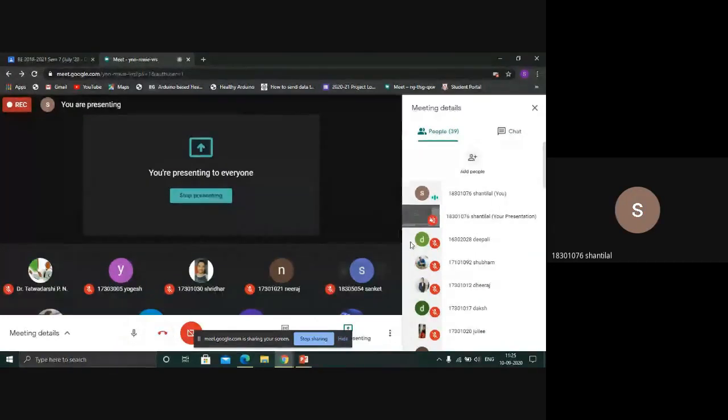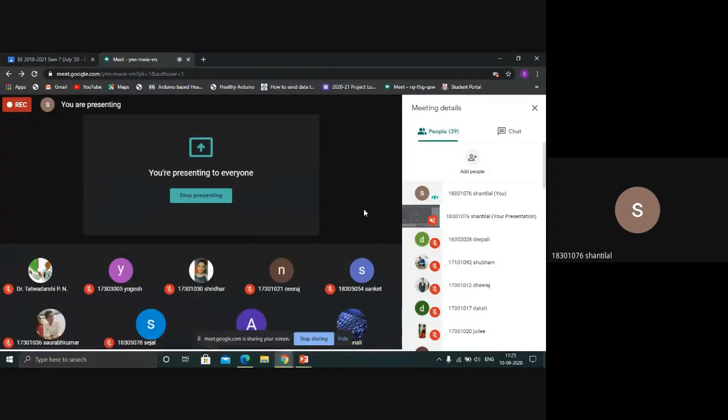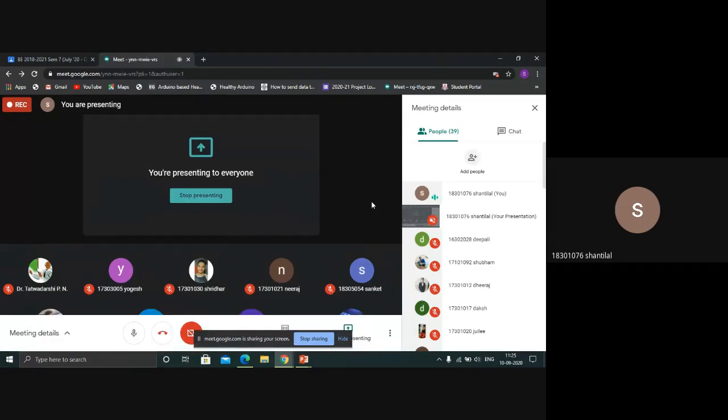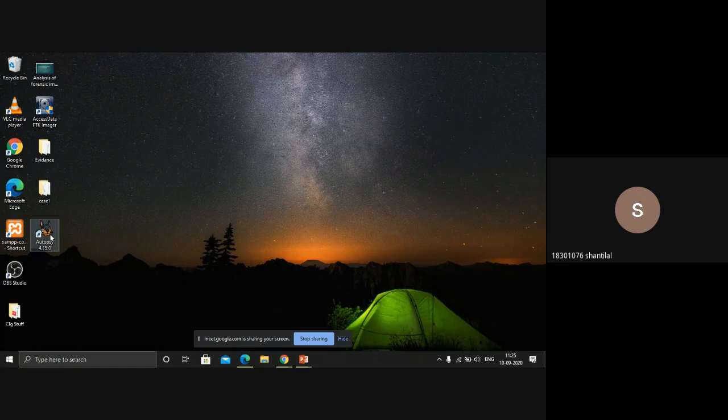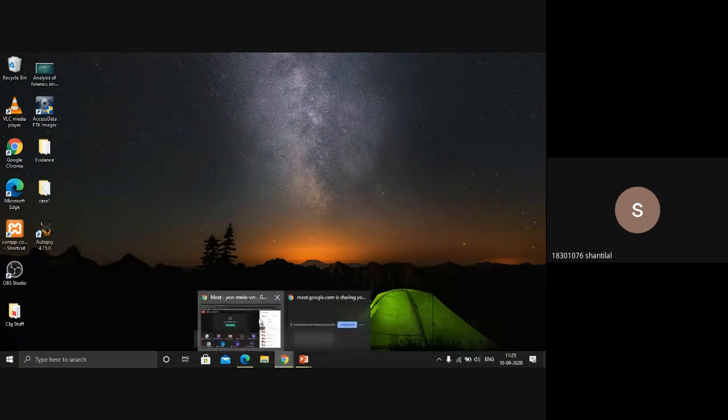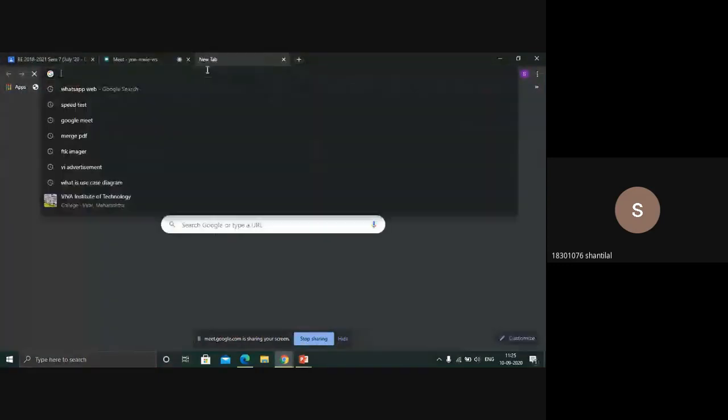So till now, we have seen what tools are available in the market. From those tools, I will be showing you how to perform with two tools: FTK Imager and Autopsy. Here are the two tools that I have already downloaded. If you want to download these tools, you can simply go here. First we will perform on FTK, the Forensic Toolkit Imager.